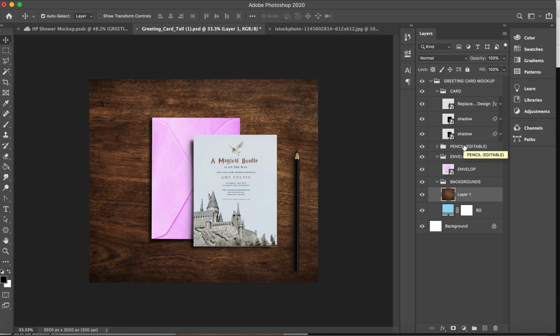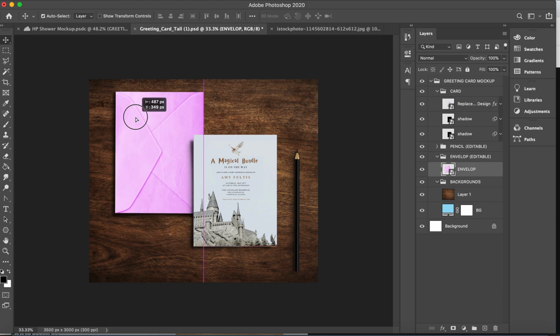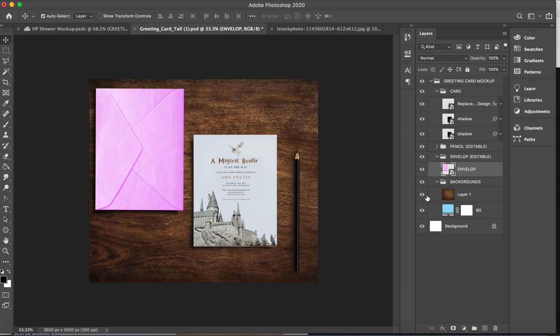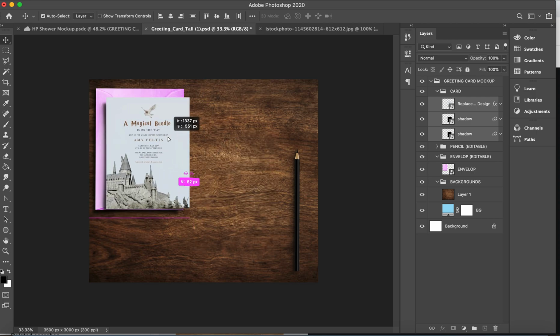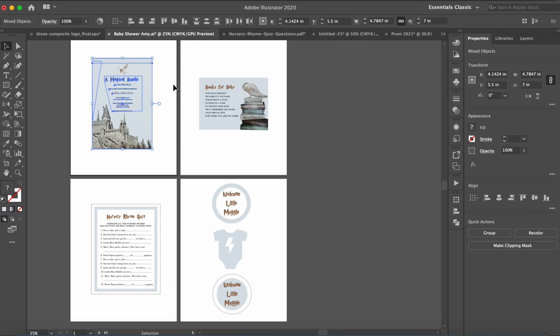And you can use anything. It can be colors, it can be texture, it can be marble, whatever works for your event, work with that for your background. I'm going to move my invitation. I'm going to start with the envelope. With the move tool, I'm just going to click and drag that up to the corner. My card is going to be 3 layers. So I'm going to hold Shift, move my card up, and then we can start adding the other components from Illustrator. So for these, again, you're going to copy,